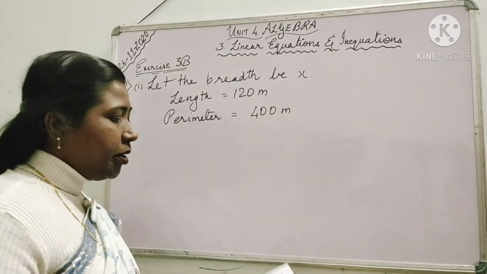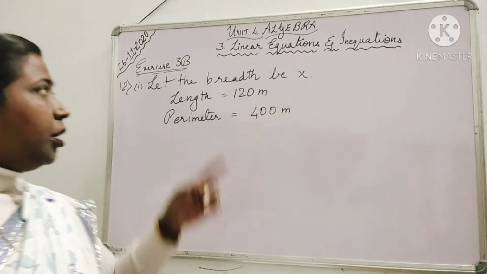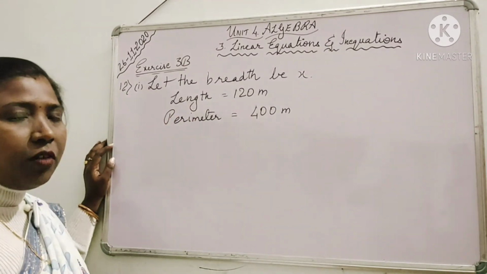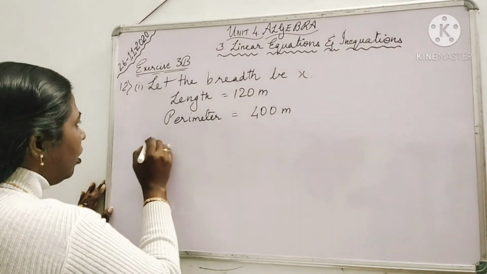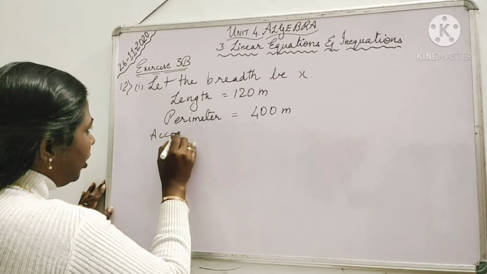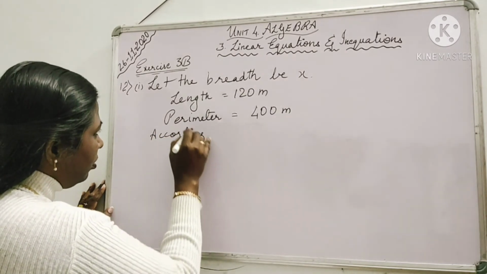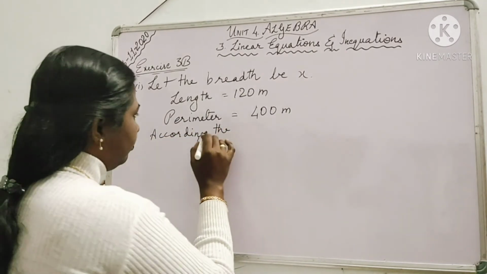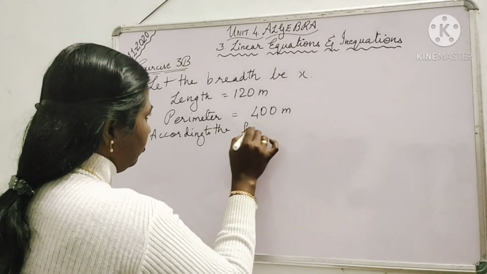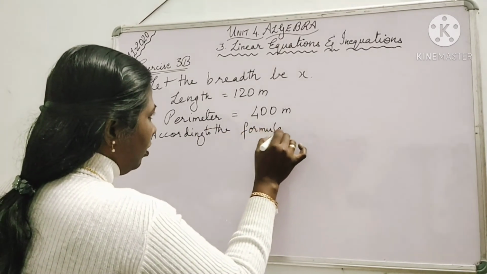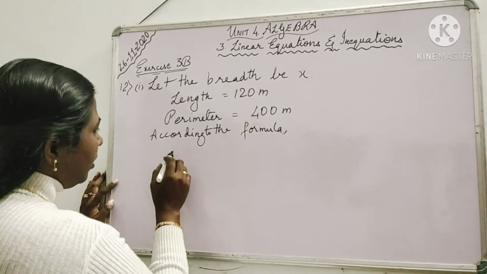Perimeter of what? Perimeter of a rectangular farm. In that case, what formula do we have for the perimeter of a rectangle? According to the formula, we get: